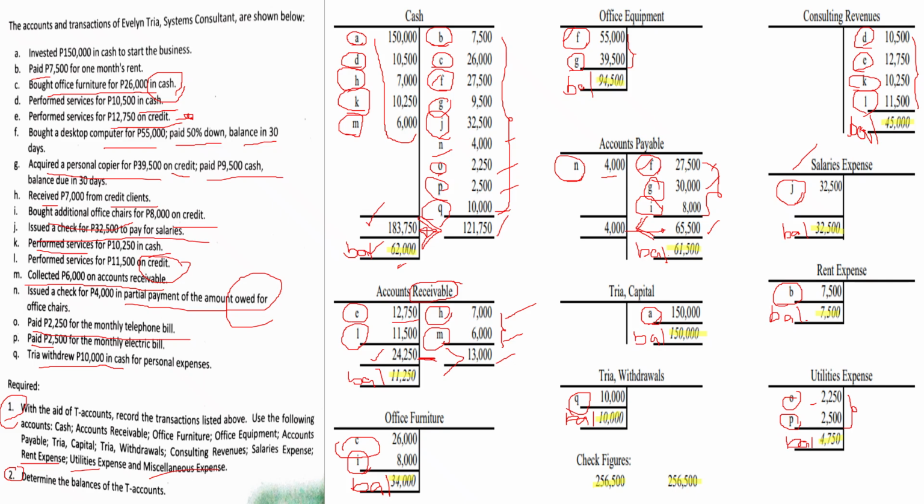While for revenues and capital accounts, during the year, they are normally just credits, credit only during the year. Except at the end of the year where we make adjustments, and that will be discussed further in chapter 4. So as of this chapter, these revenue and capital accounts should always have credits only. Okay, unlike all the other accounts like the assets and liabilities, they have debit or credit. Okay?